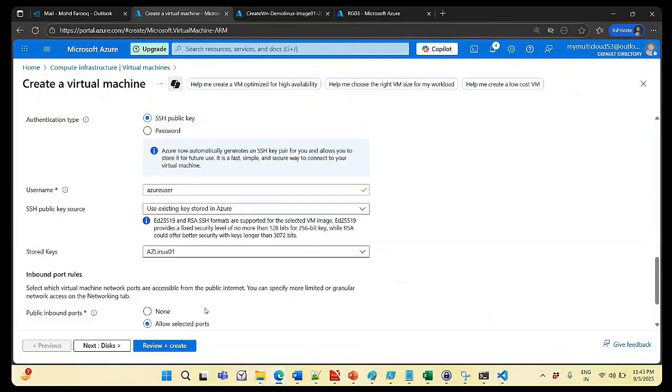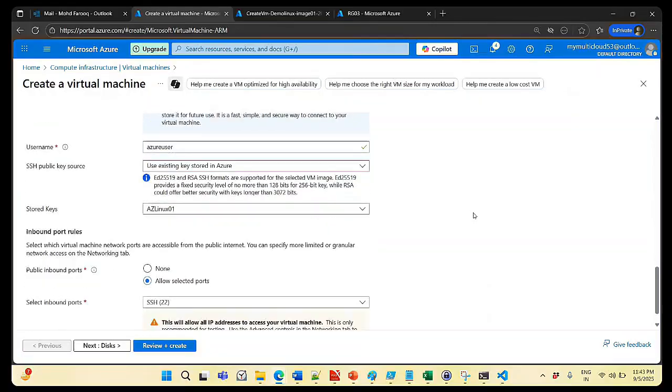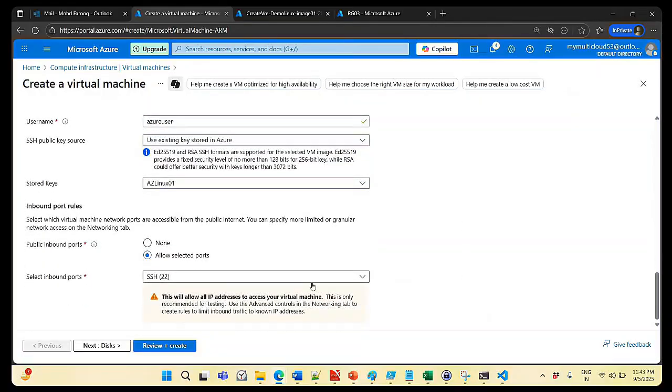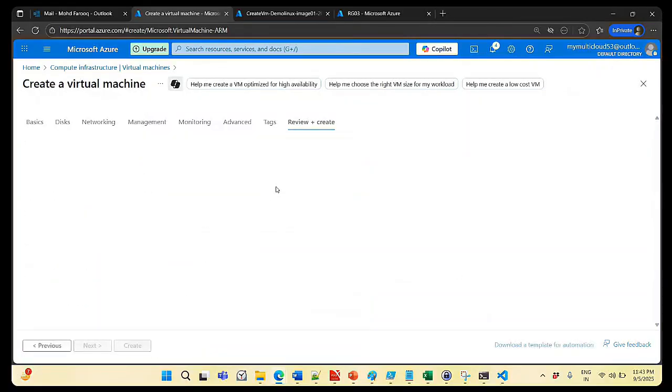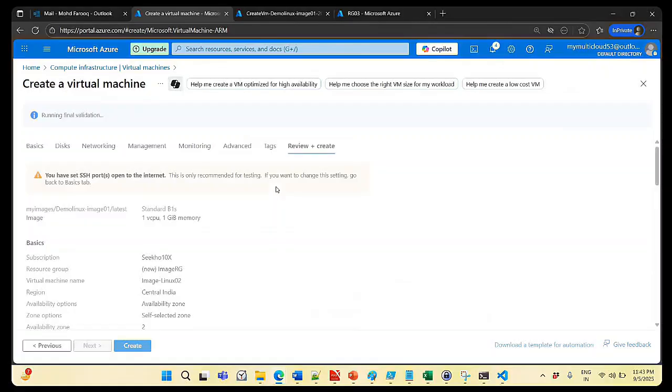The existing key pair. Say review and create. So now I am creating another virtual machine in a different region. What I suggest is that I have used a Linux